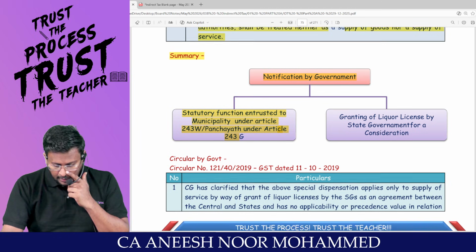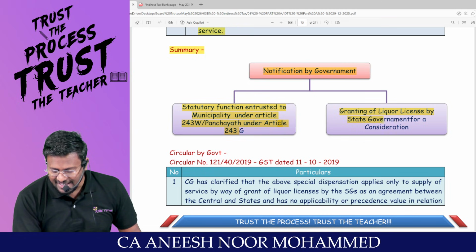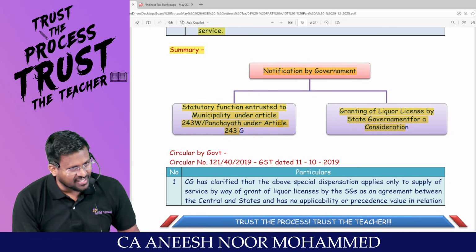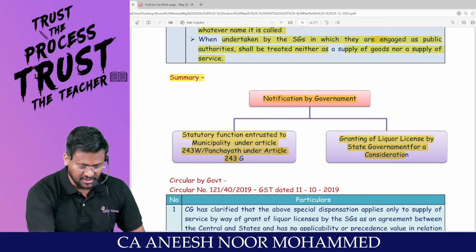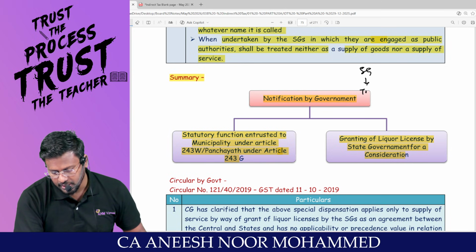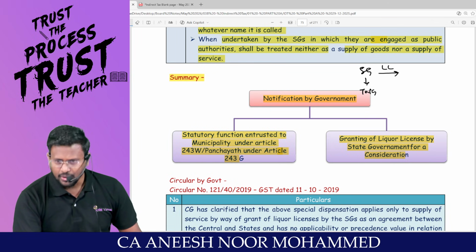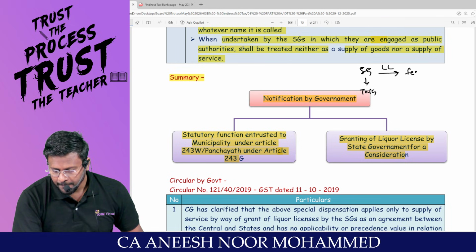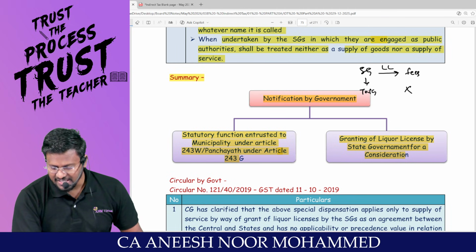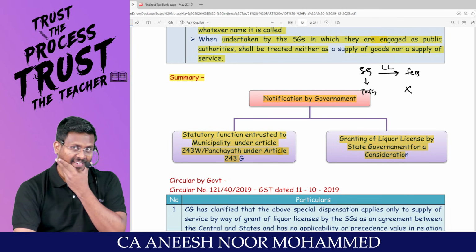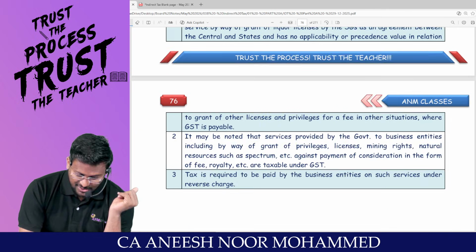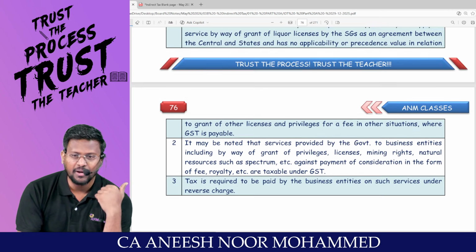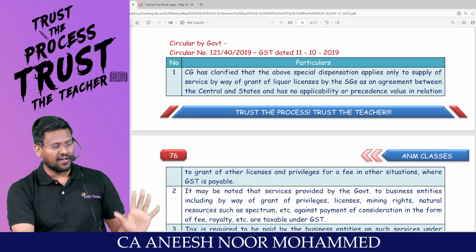Hello, sir. Grant of liquor license by the state government for a consideration is neither supply of goods nor supply of services. That means, for example, there is a state government, the Tamil Nadu government, giving a liquor license. For that, will they get any fees? Yes, sir. This is neither supply of goods nor supply of services. People are having a doubt. Doubt really came. That's why the circular came. Are you all really with me? People are having a doubt. What doubt are people having is,